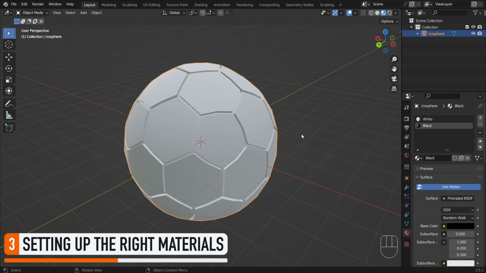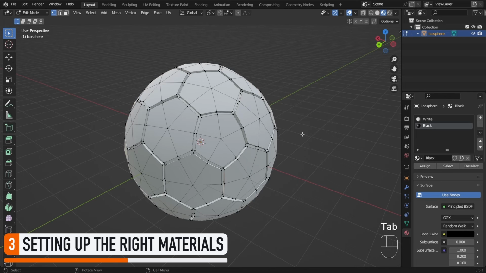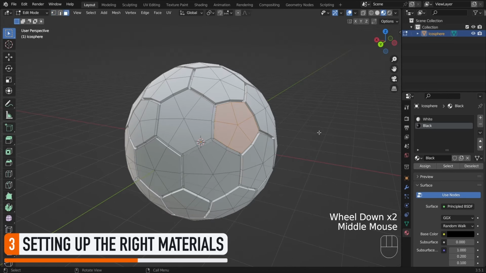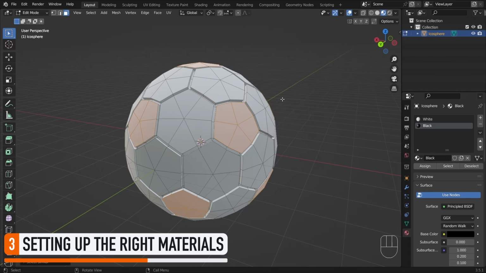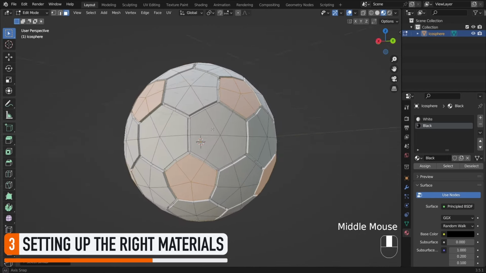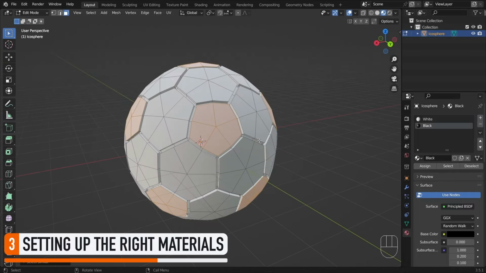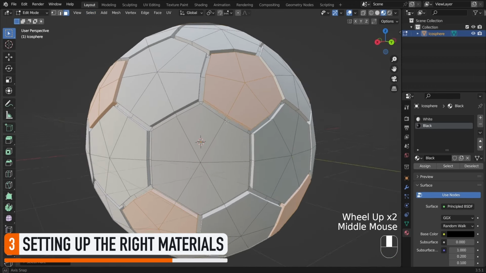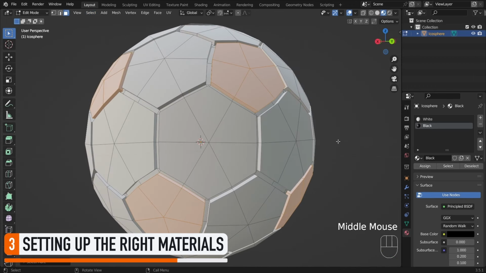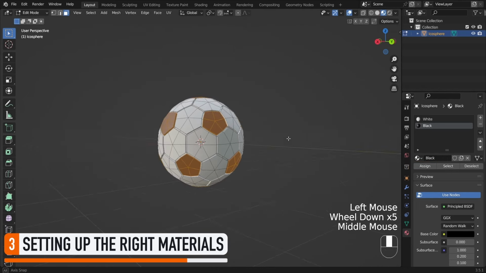To get those faces, we'll once again use the Select Similar tool, but this time on faces and not vertices. So we'll select a pentagon, and then we'll use Select Similar with the Area check. This way you see that we instantly get all of the other pentagons in our mesh. Then let's go to the Select menu and use the Select More option to also get the faces on the side. And last but not least, we'll click the Assign button on the right to give all of those faces